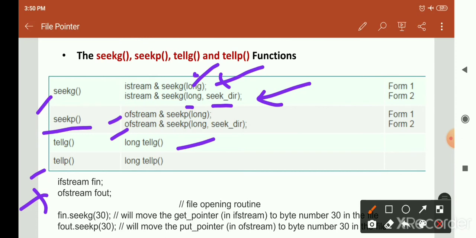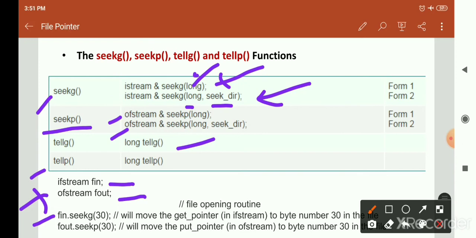Here is one example. Here fin is an object of ifstream and fout is an object of ofstream. Here it is called by fin.seekg(30). Means here we move the get pointer in the ifstream to byte number 30 in the file.